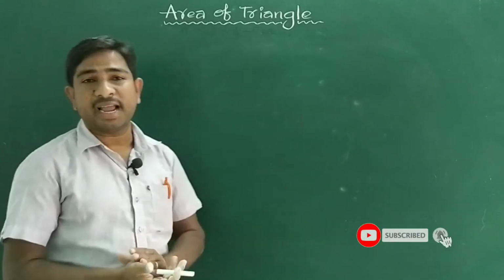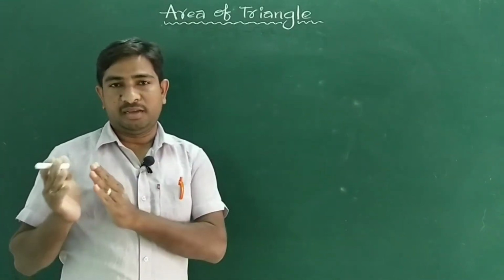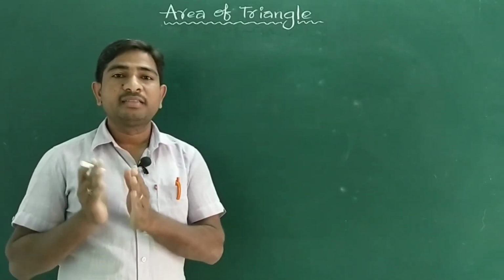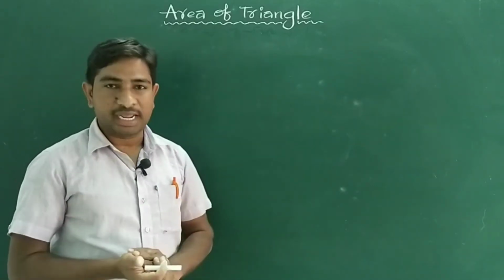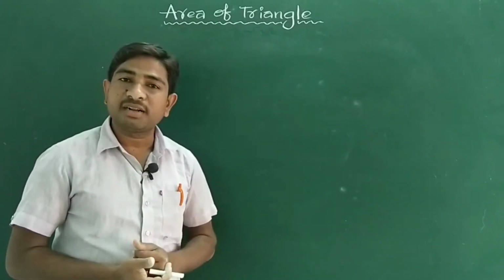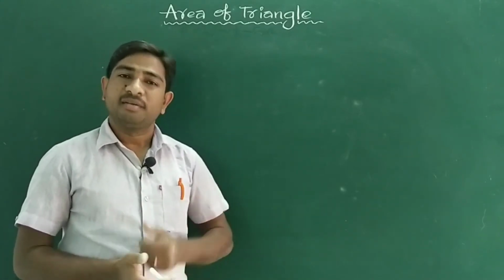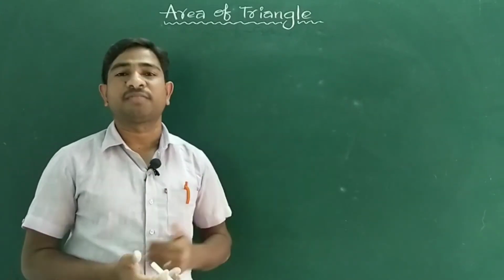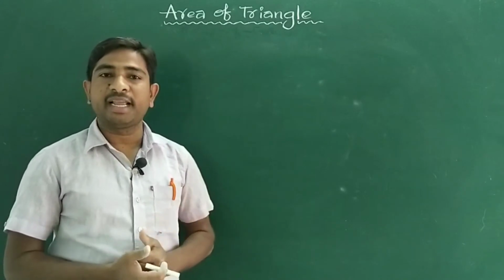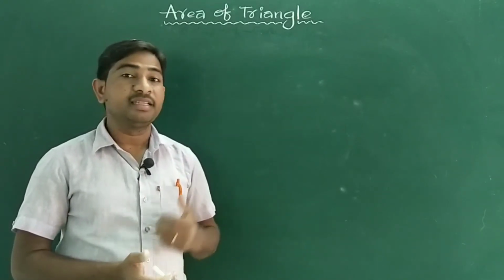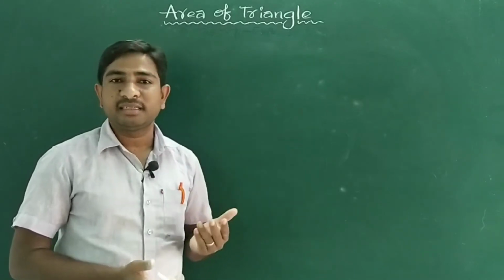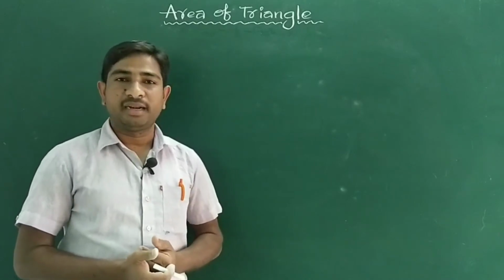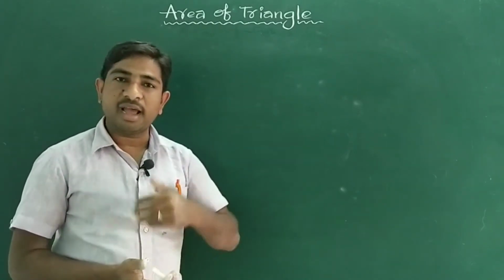First of all, what is the definition of a triangle? A figure which is bounded by three line segments is called a triangle, we know that. And the classification of triangles, we also know there are many, basically according to the sides and according to the angles. Equilateral triangle, isosceles triangle, and scalene triangle are according to the sides, and acute angle triangle, obtuse angle triangle, and right angle triangle are based on the angles.